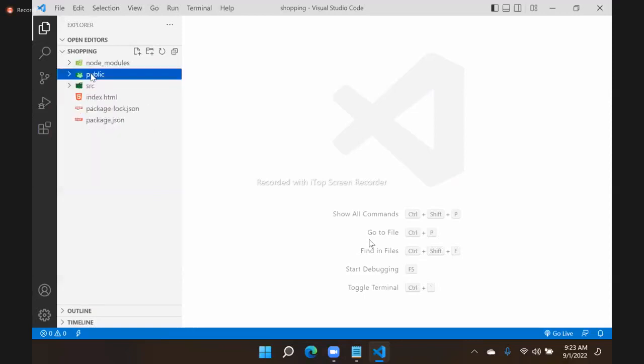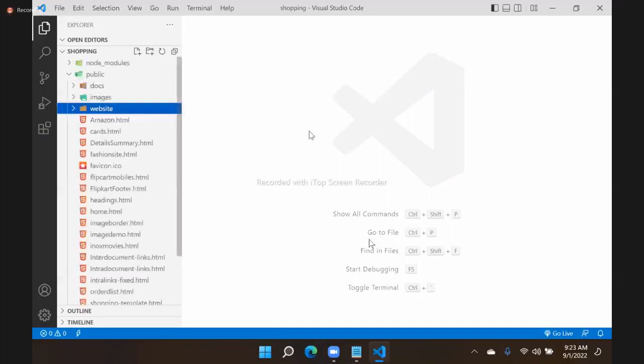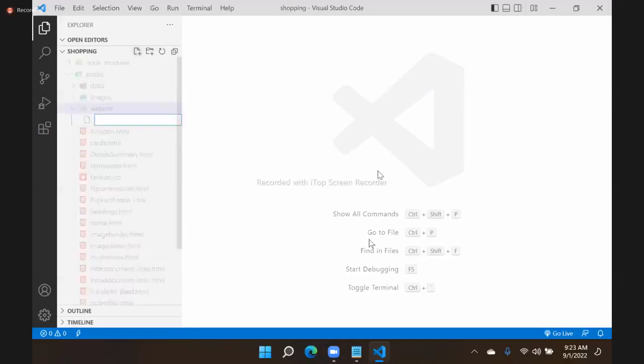In the public folder I will create a new folder and I will name it as website. Website is an empty folder. Into that website I am adding some files here. So one is index.html,